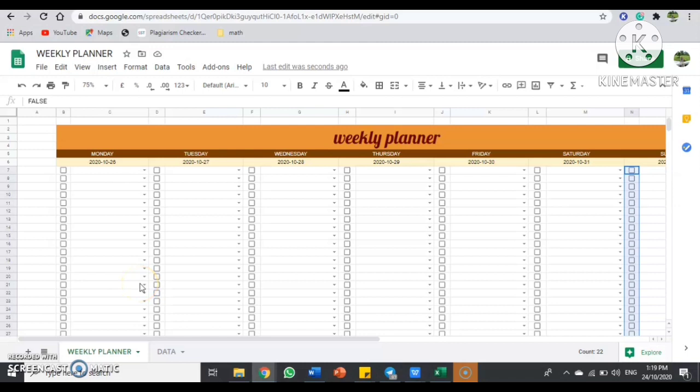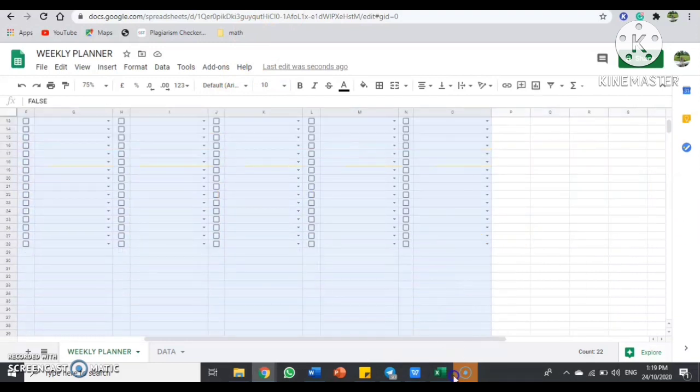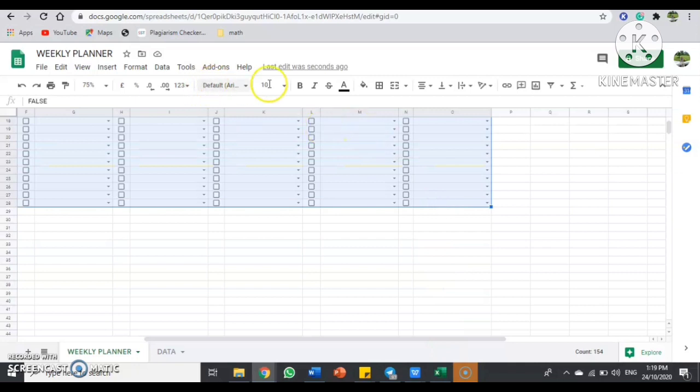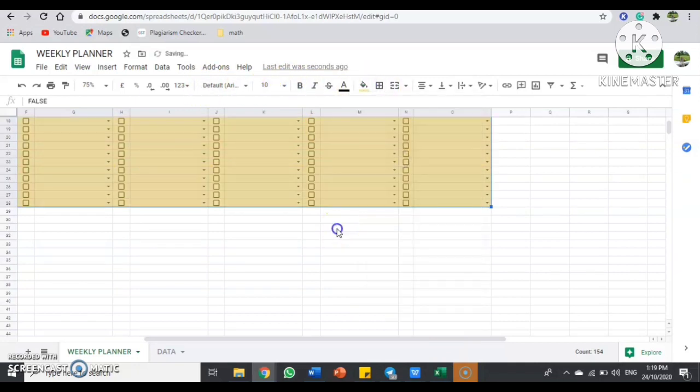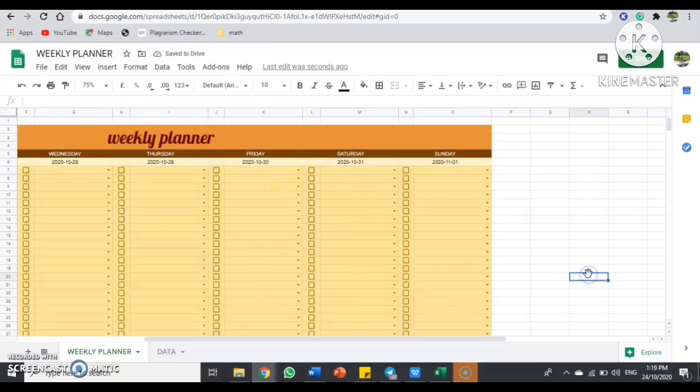Okay, so next we must make our weekly planner more colorful and make the border. Okay, so this time I want to use this color. Okay, and then